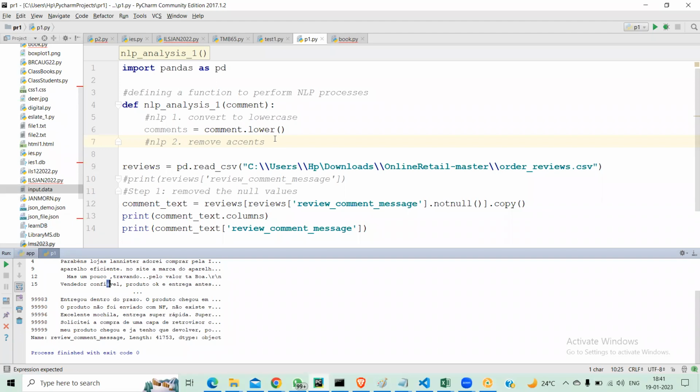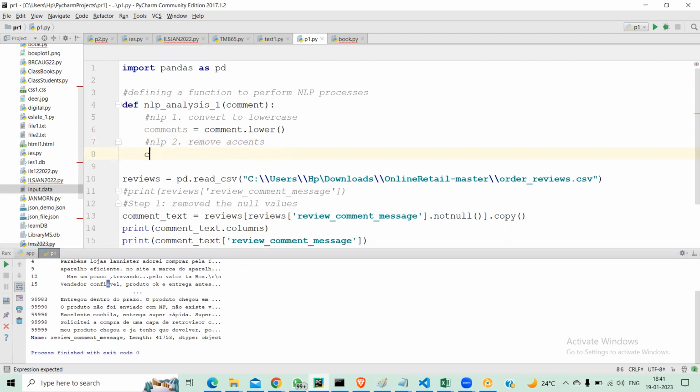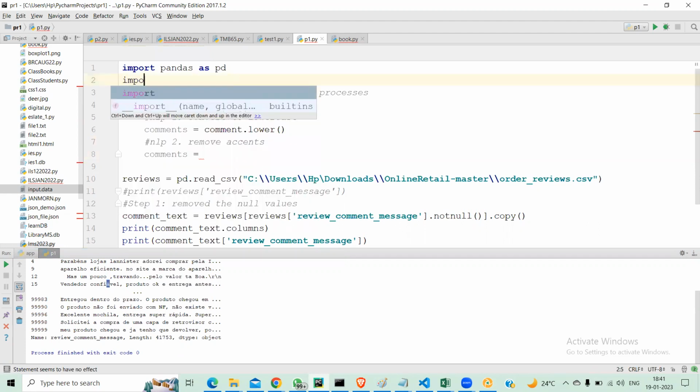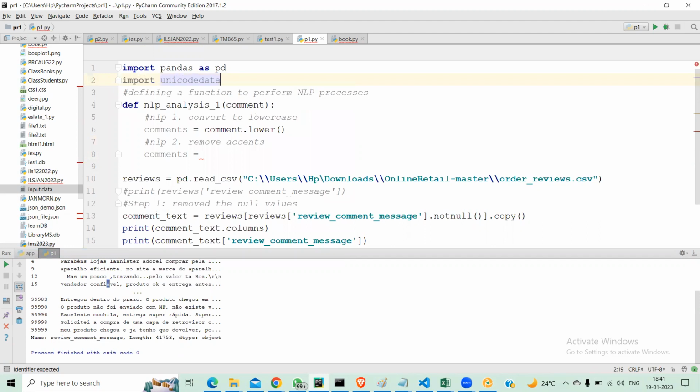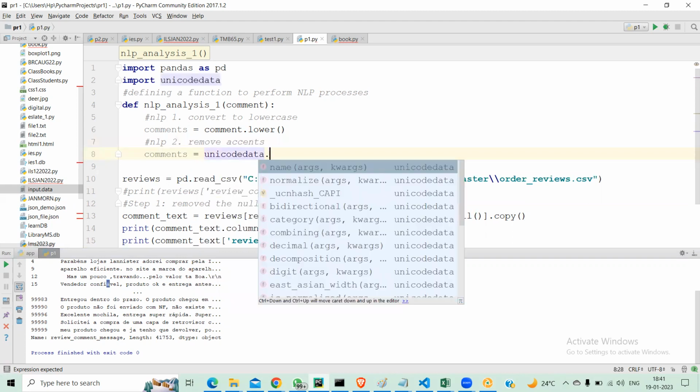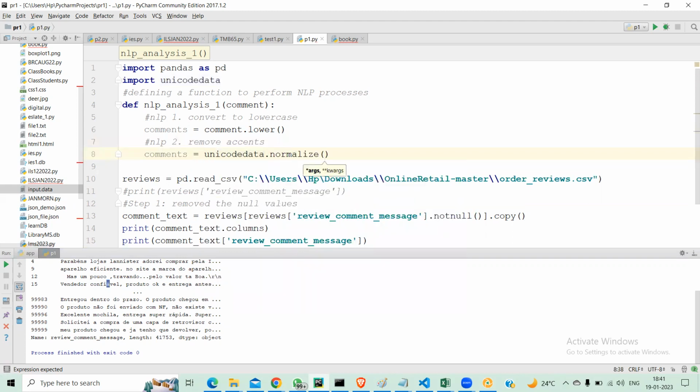Remove accent words. So how do you remove accents? Comments is a text, so you will say comments equal to, and we are going to import Unicode now. Non-Unicode text we will remove. So now when I say comments equal to Unicode dot normalize, and then here you have,